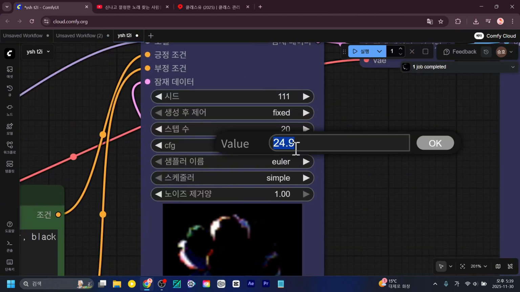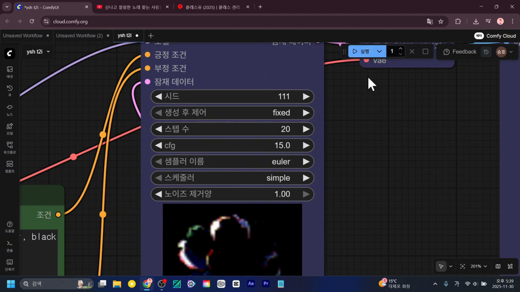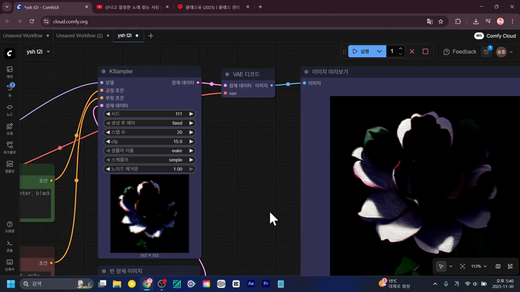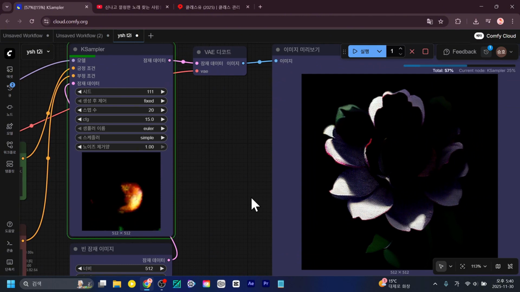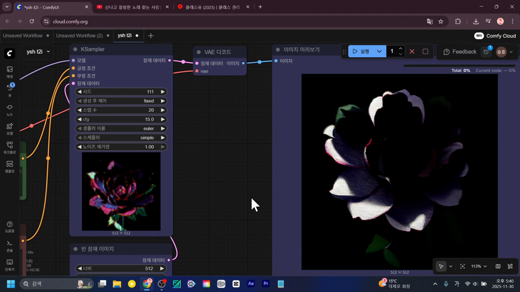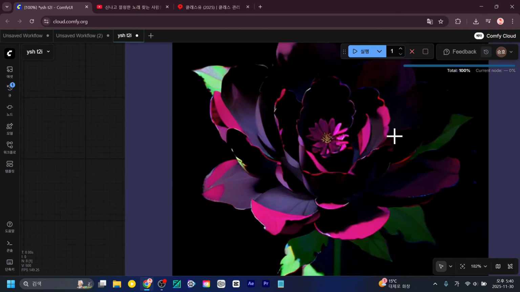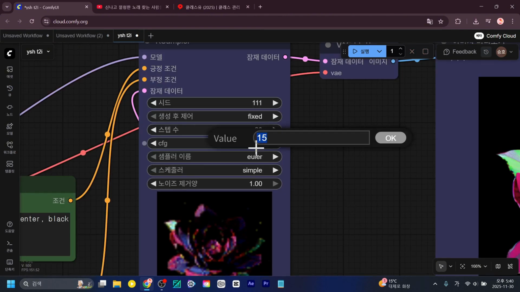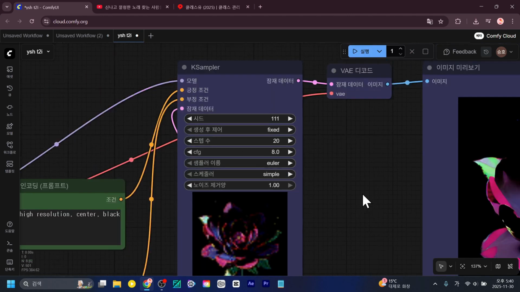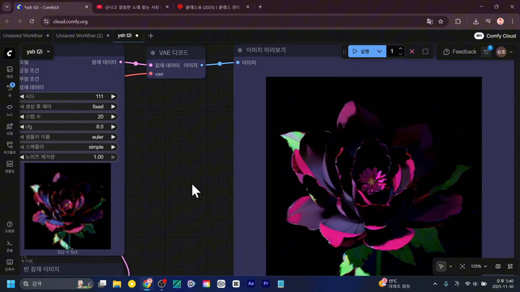Then do you think it could understand up to about 15? Let's try running it. Sometimes with certain checkpoints, the higher the CFG, the clearer and cleaner the output becomes. So I used to use those values when making videos later on, right? Like this. In my considered opinion, it's definitely better to go back to the original 8 steps and then meticulously create it with the standard default settings.